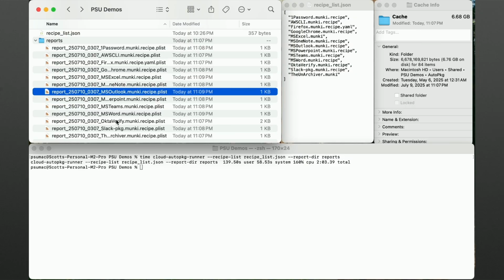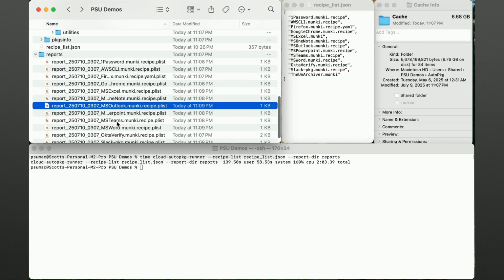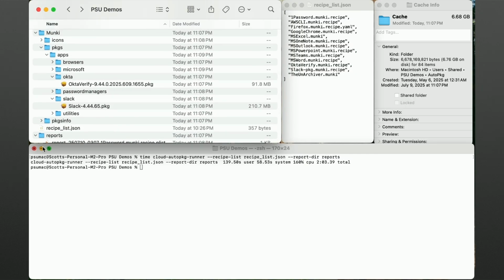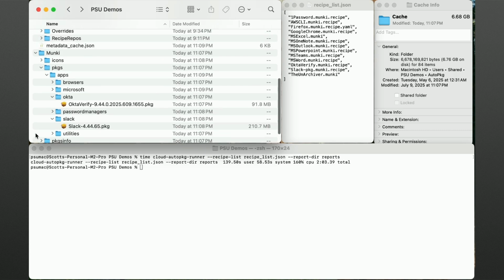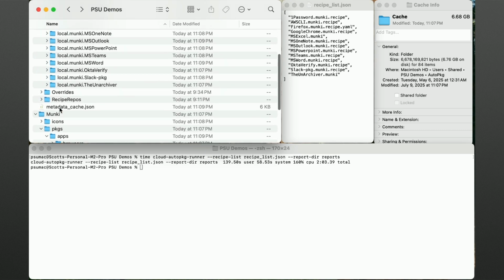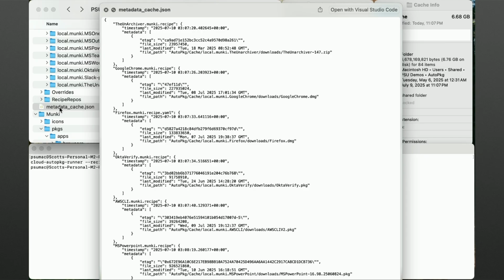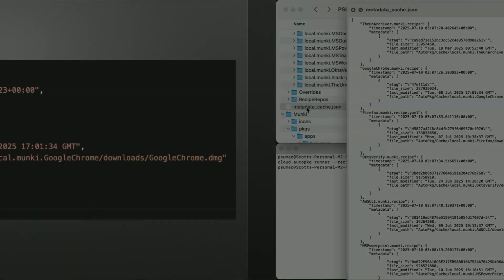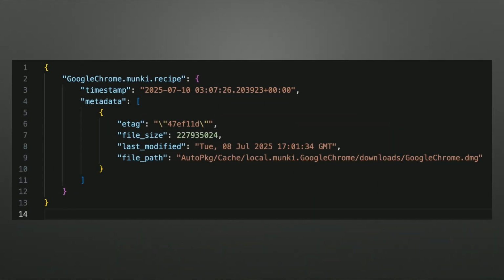All right, so here's the contents of that metadata cache file that gets created as part of this tool. This is not native AutoPkg stuff, but I figure that's probably hard to see. So here's a snippet for one recipe from that file. This is the Google Chrome recipe.